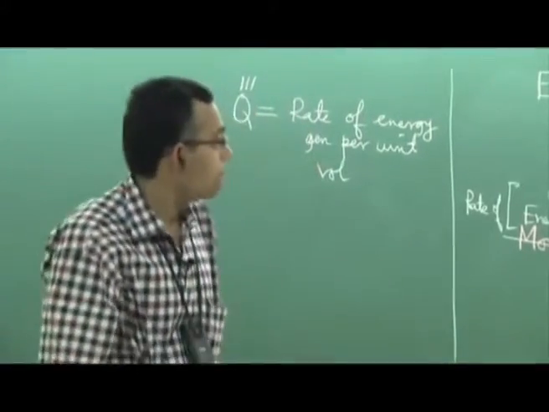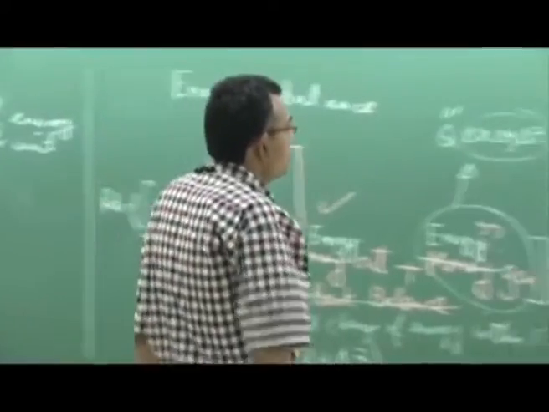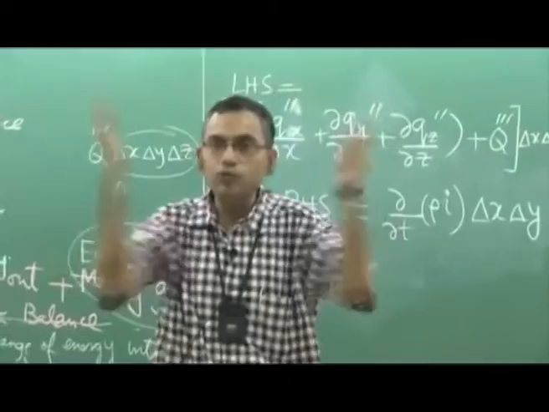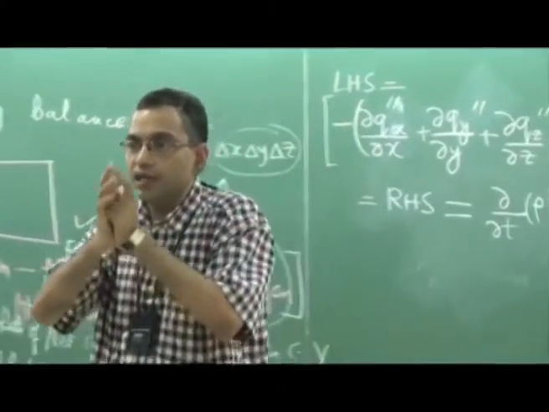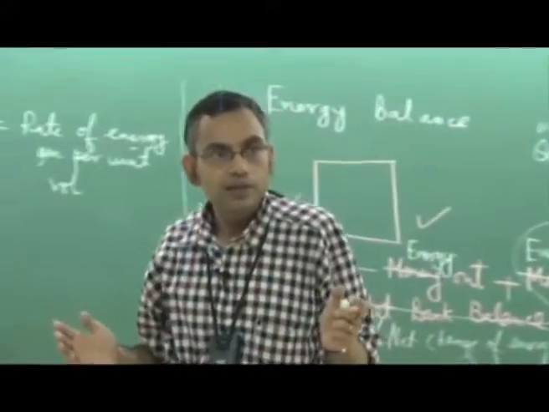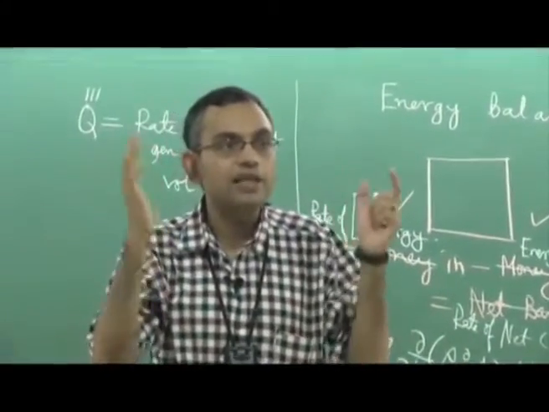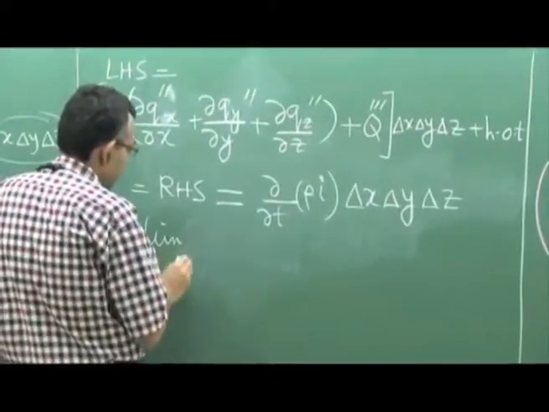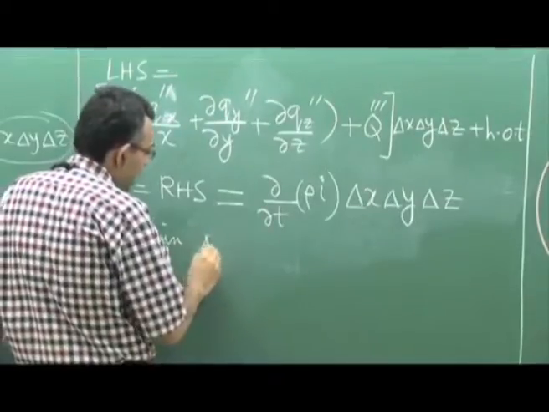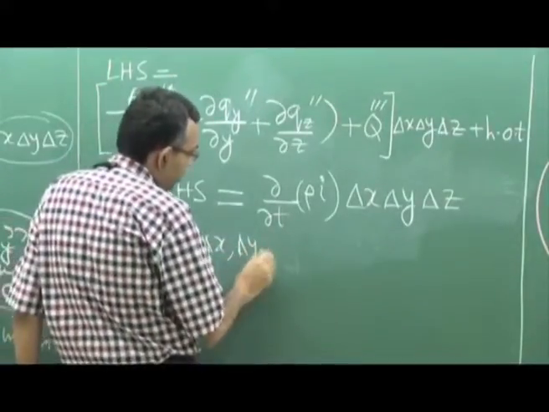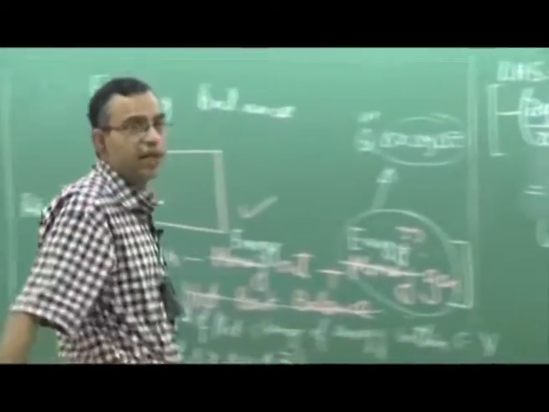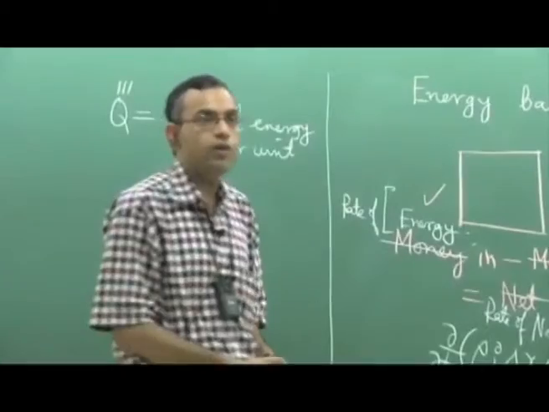Okay. So, you have to basically shrink this volume, rectangular volume, to a point. How do you shrink the rectangular volume to a point? You take the limit as delta x, delta y, delta z all tend to 0. So, take the limit as delta x, delta y, delta z tend to 0. Because these are all tending to 0, these are individually not equal to 0.